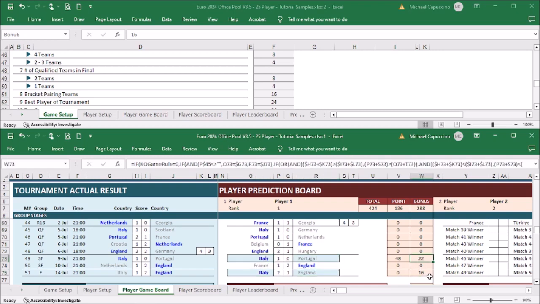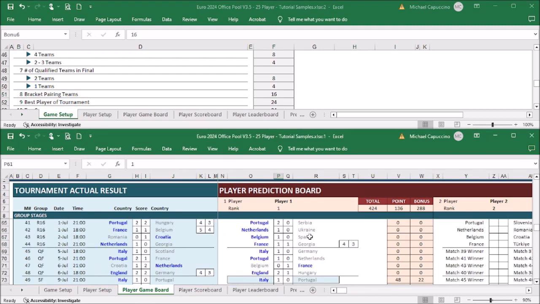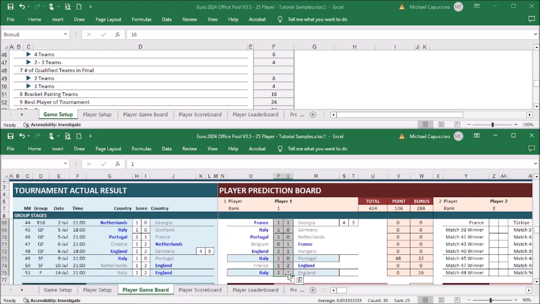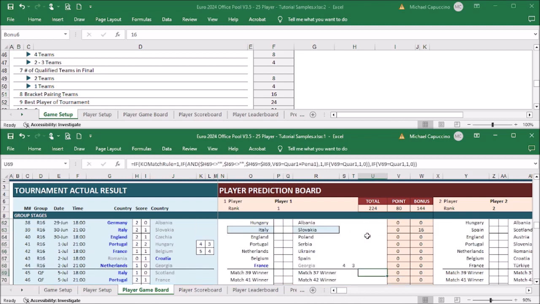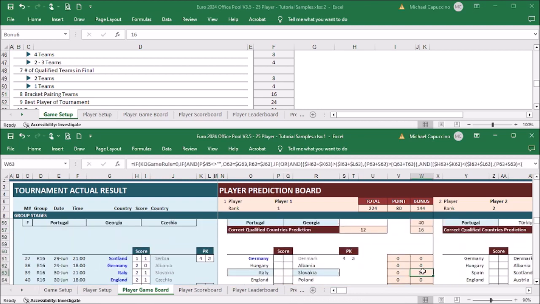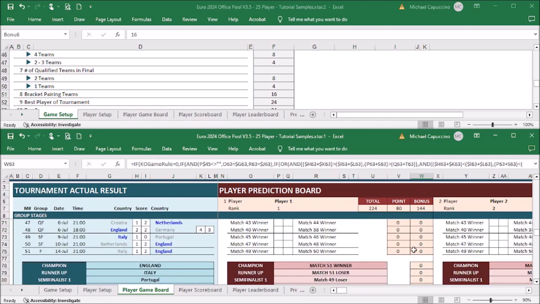Then, in semi-final, the player predicted Italy meet Portugal, which is similar to the actual match even though they are not coming from the same bracket as predicted in round of 16 and quarterfinals. I am emptying the score where you can see 16 points as initial bonus points, where other points are awarded because of correctly predicted match results, and other